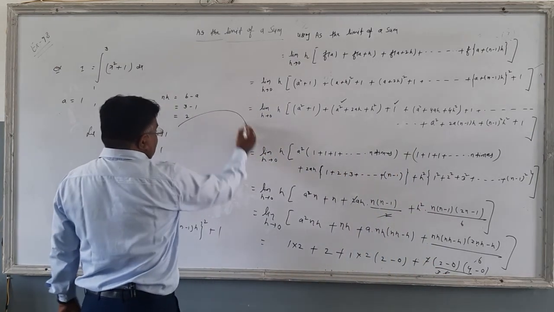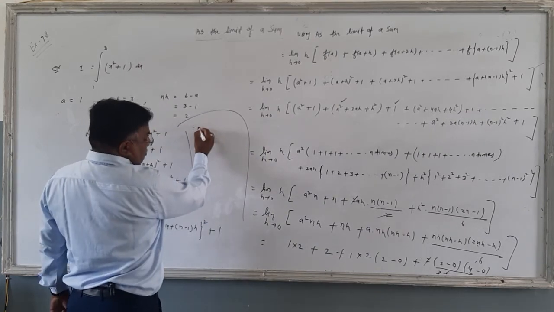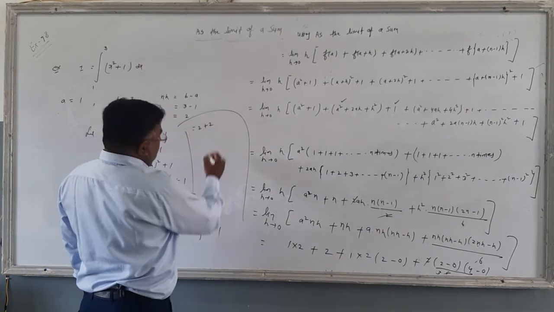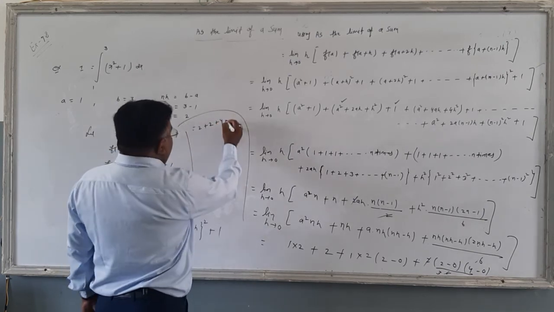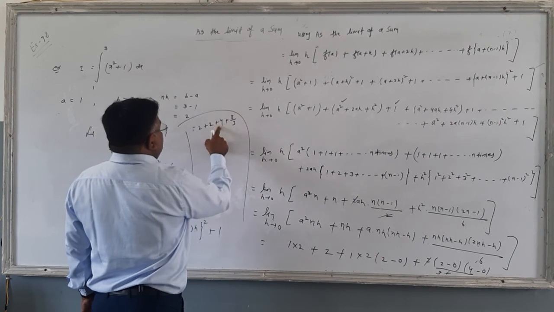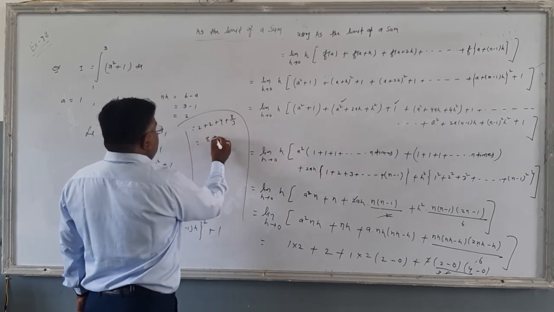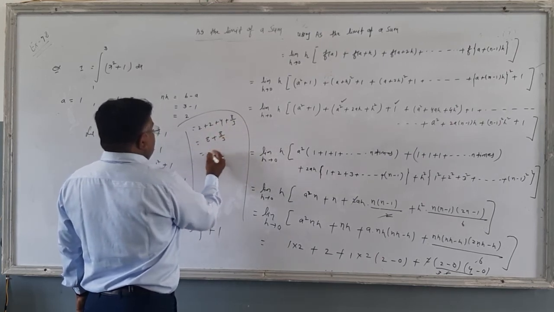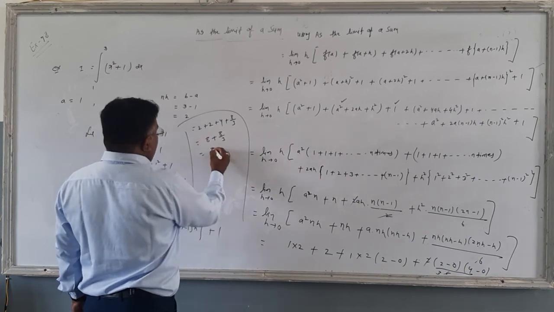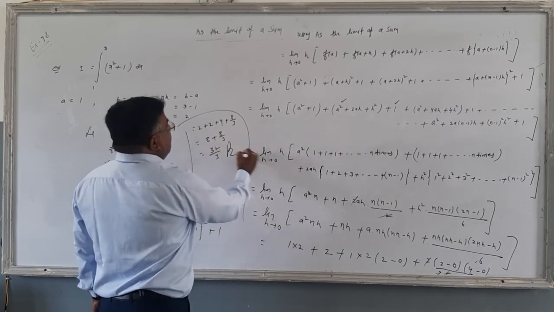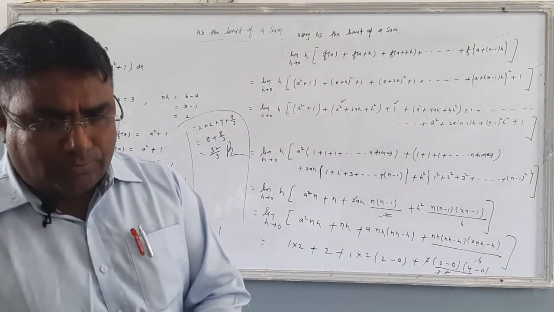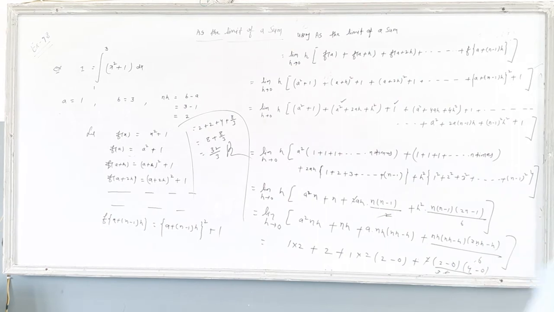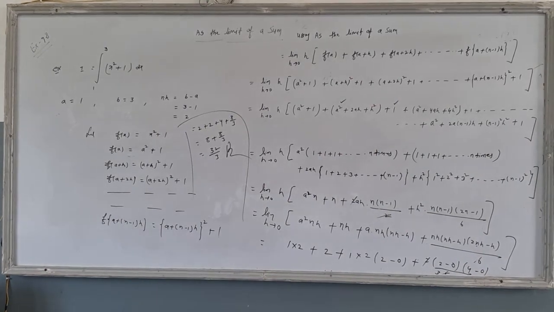So the finally answer is 2 1s are 2 plus 2, 2 2s are 4, and then 4 2s are 8 by 3. That is 8 plus 8 by 3. 8 3s are 24, 24 plus 8 32 upon 3. This is answer. So student, this is 6 marks question as the limit of sum. This is exercise 7.8. is a very important board exam is 6 marks का question.